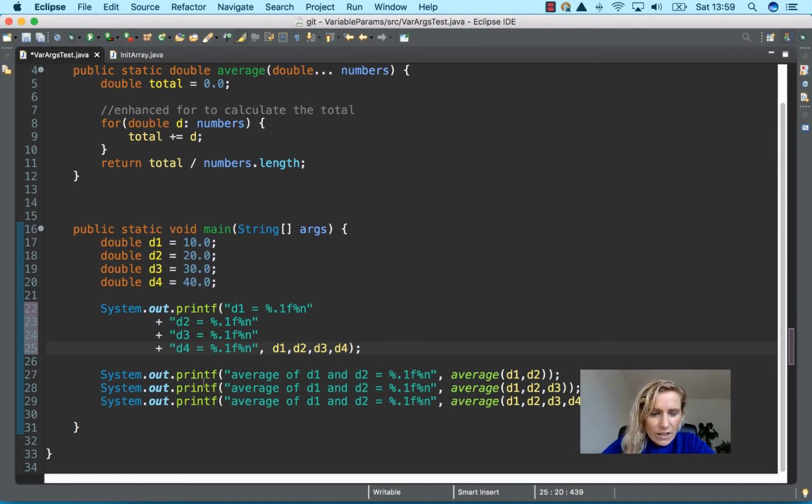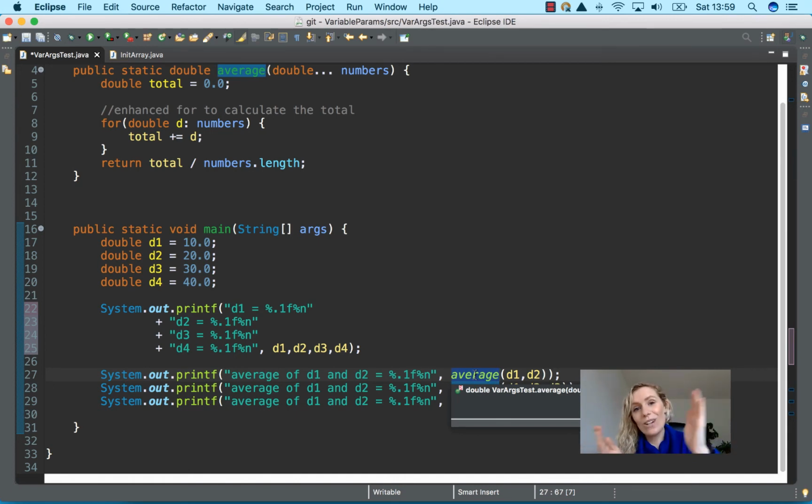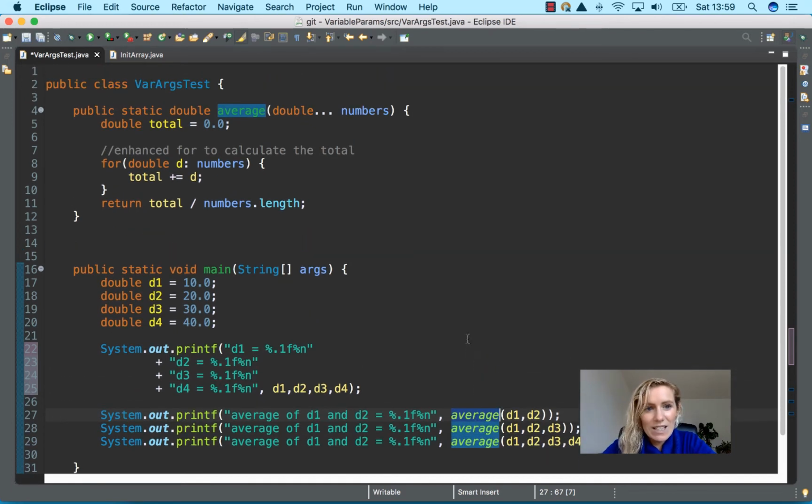Here we have our System.out, and we call the average method. Because it's a static method within the same class, we don't need to use class name dot method. It's already there, so it already knows the methods within its own class because it's in the VarArgsTest, capital V for the class name. If I was to call it from a different class, it would be VarArgsTest, and then maybe